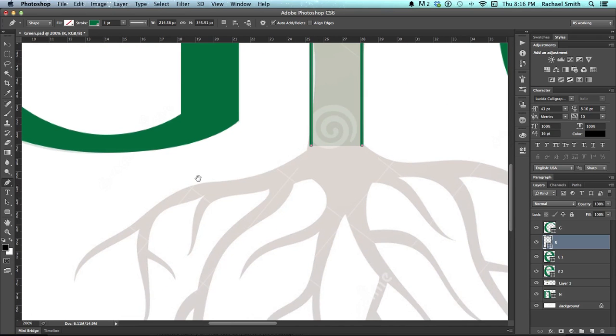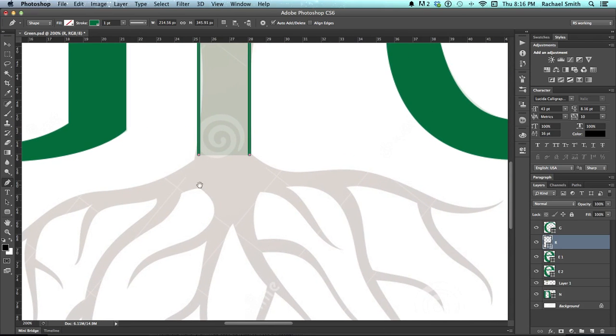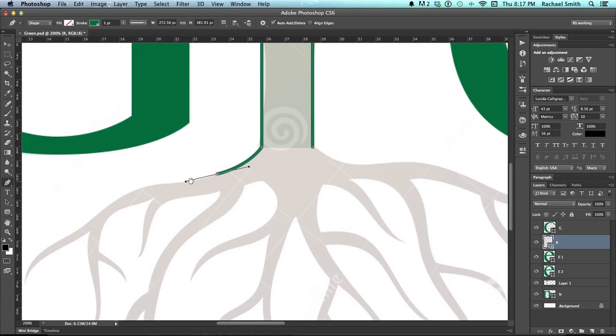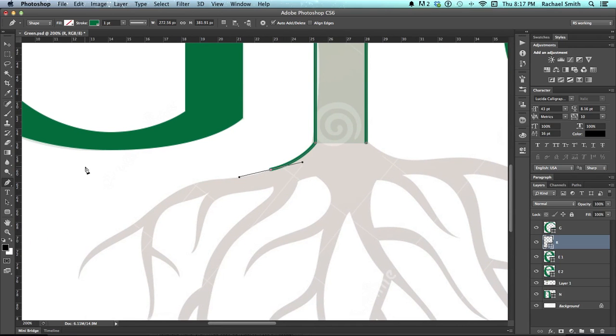Now we've got a whole lot of curves here, and you've learned some pretty nifty tricks last week to use your pen tool to draw out some really nice curves to get them really, really smooth. And you can certainly do that here. In fact, that's what I would recommend doing. But I wanted to show you a new pen tool. Over here in your toolbox, if you click and hold down on your pen tool, there's the Freeform pen tool. This works the same in the sense that you need to click on the beginning or the end of the path line that you want to continue, but instead of clicking and dragging to create